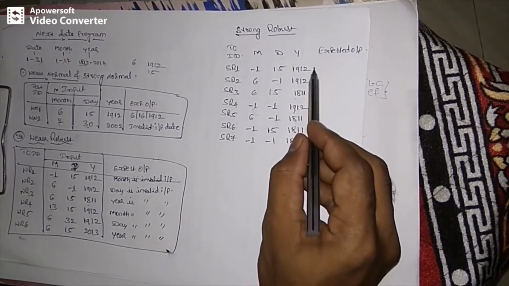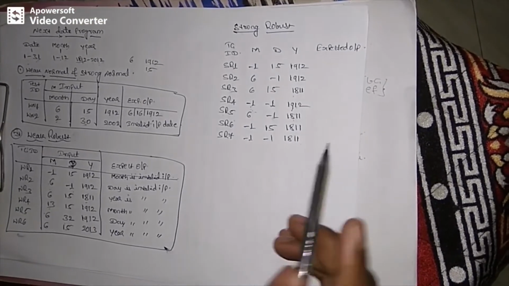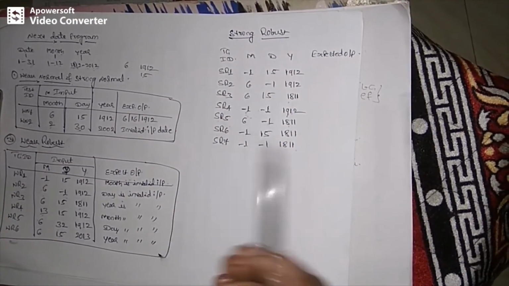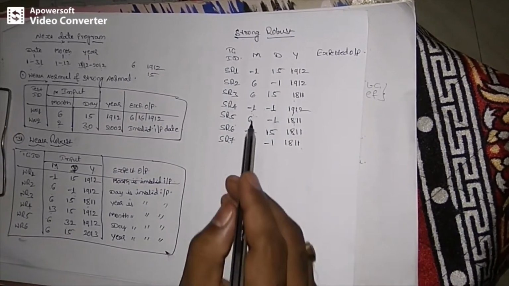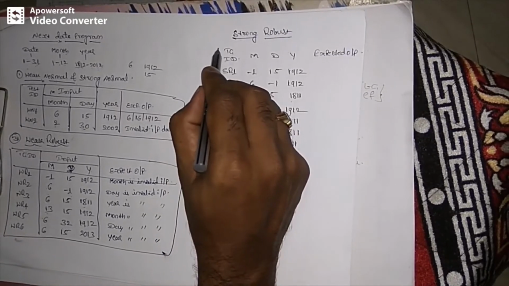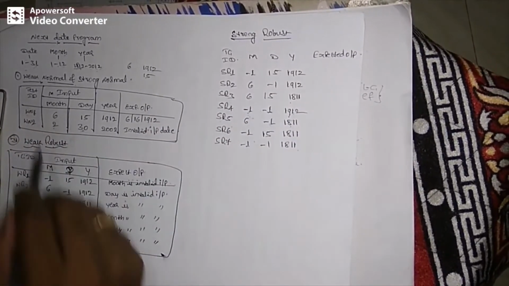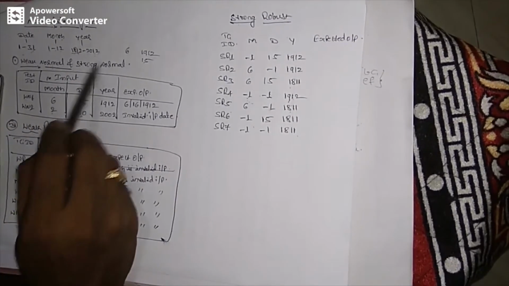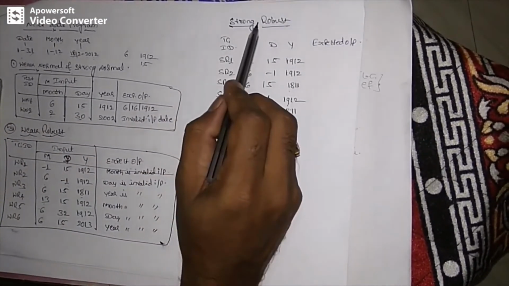Now you can see these are all the test cases we have written for one corner of the input domain. Similarly, you can write them for the other corner, the upper limit corner of the input domain range. Okay, so this is how we are going to write the test cases for the next date program under weak normal, strong normal, weak robust and strong robust.